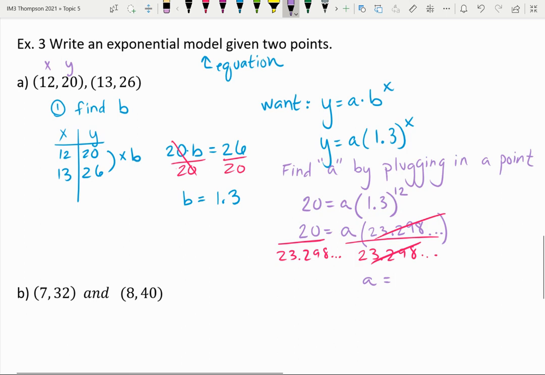So in my calculator, I'm going to do 20 divided by my answer. I could just copy the answer from the previous line instead of retyping it all. So if you want to hunt for that feature,